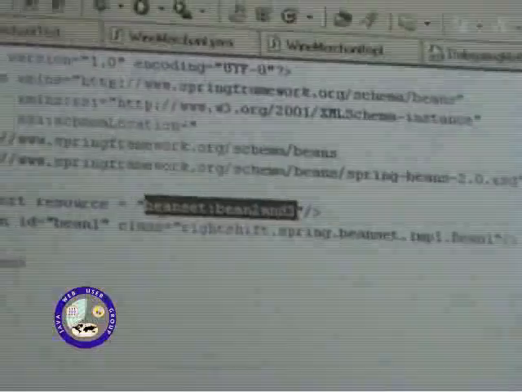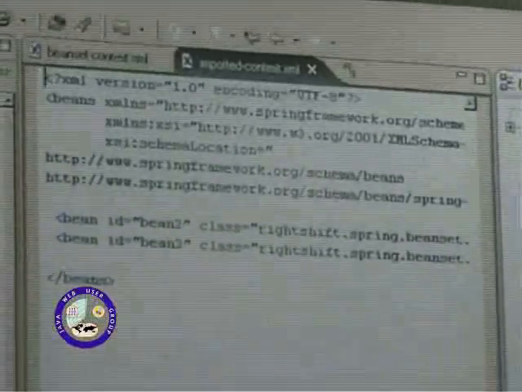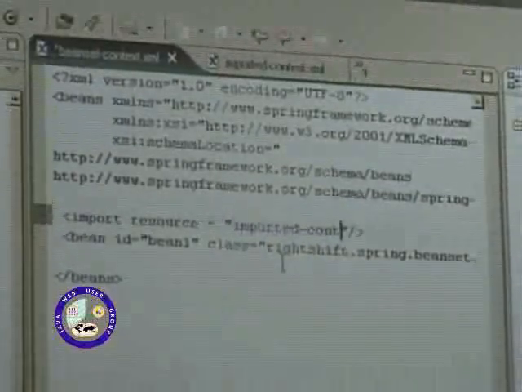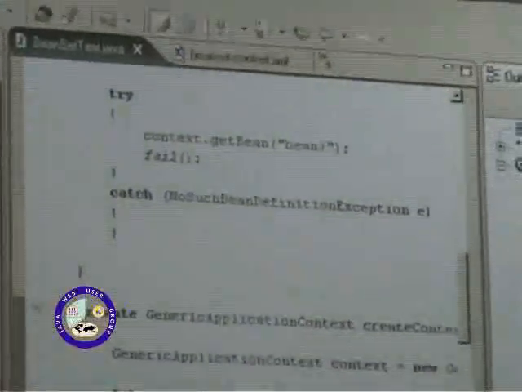Now normally what would happen here is you would have a hard-coded definition of an XML file to import. In this case, it could, for example, resolve to import to context. So, for example, now I've got this test here.